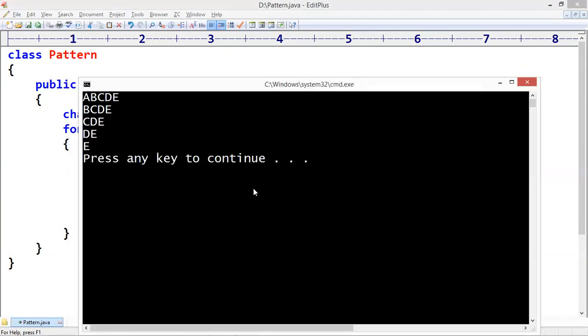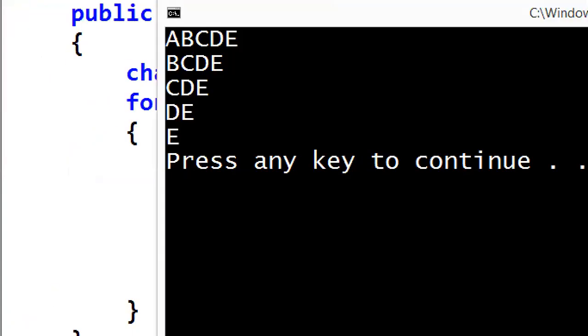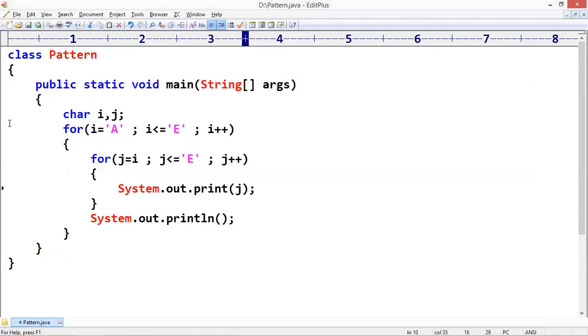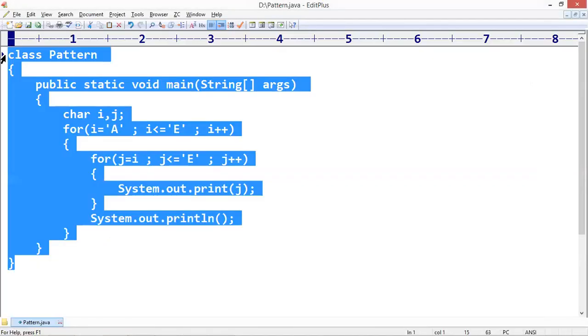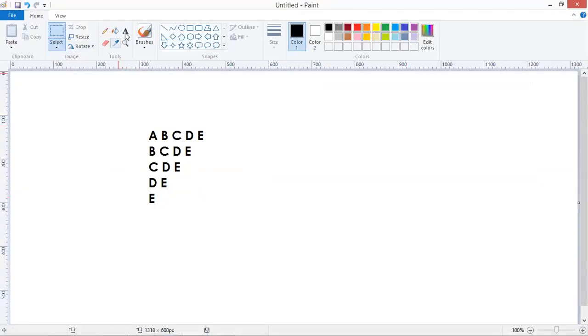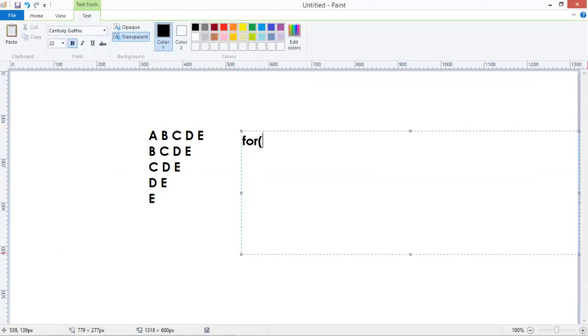Can you execute this? Look at this. Sir, we already know ASCII values, so can I take 65 to 70? Yes, you can take. But sir, I am directly using characters anyway. You can use characters also. The outer loop repeats, the i value starts with A.